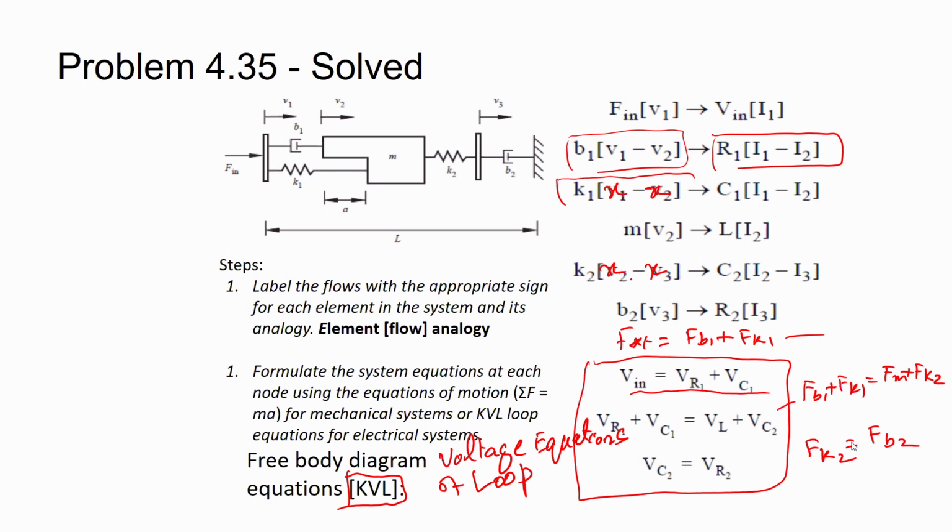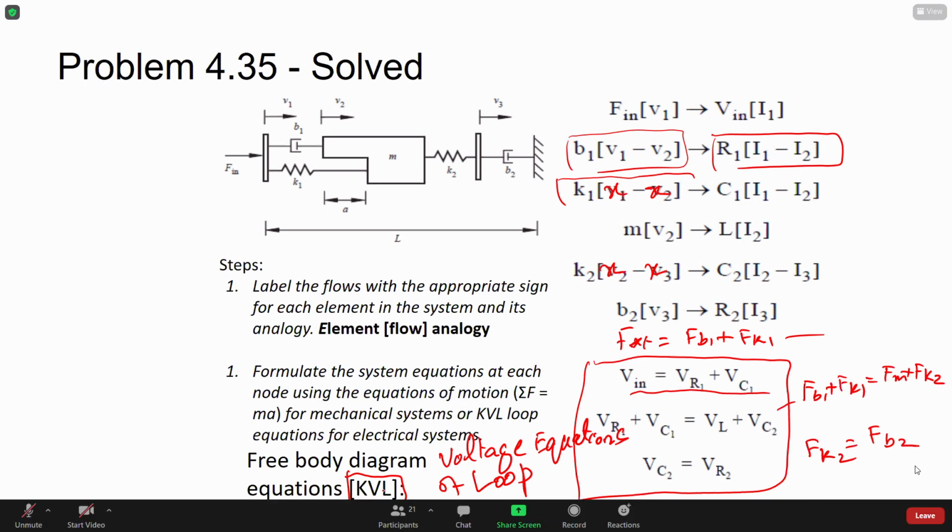That's why we put it over here. So the voltage equations of the loop are identical to the free body diagram equations in the mechanical system. One last step left. Somebody tell me what it is. The actual electrical circuit. So let's write it. So the Vin, I have the voltage in, and there are two forces which are